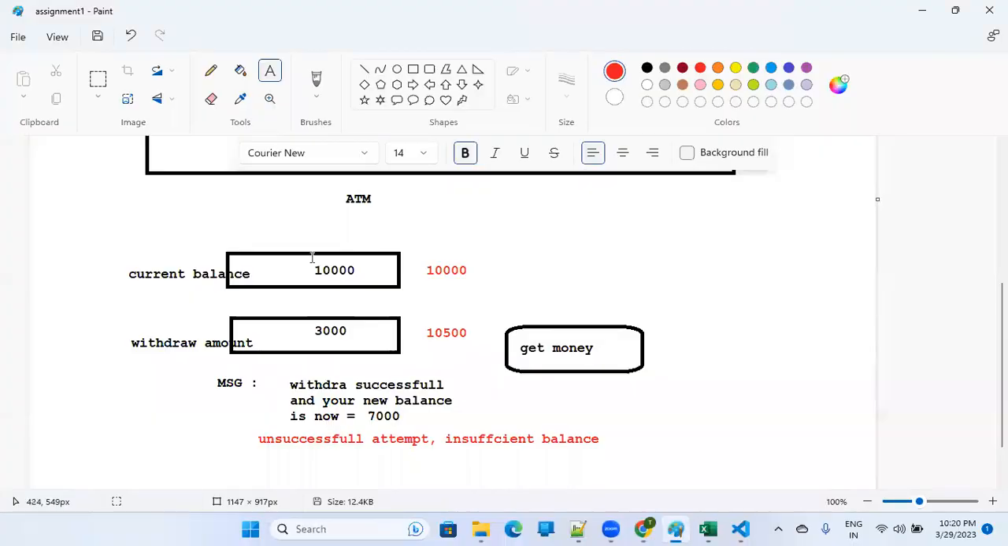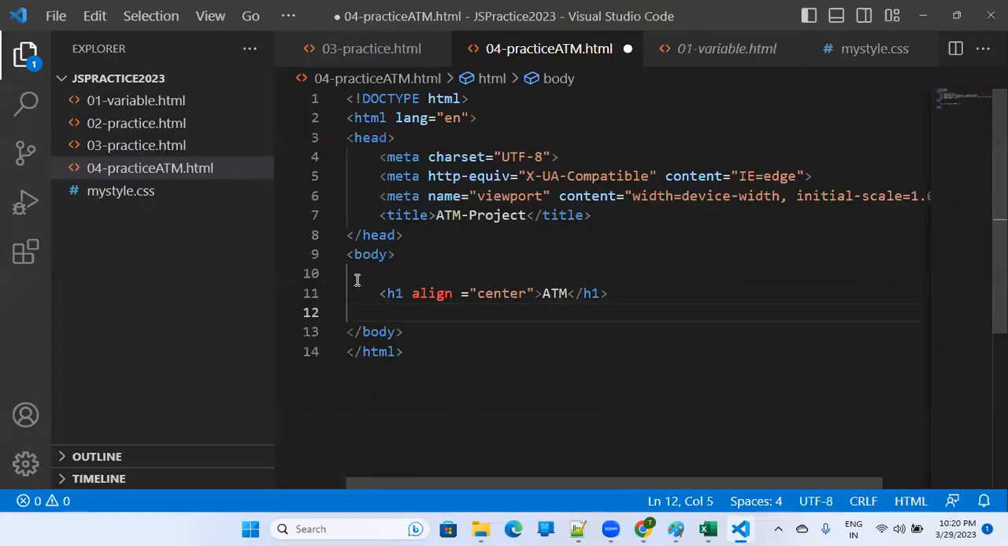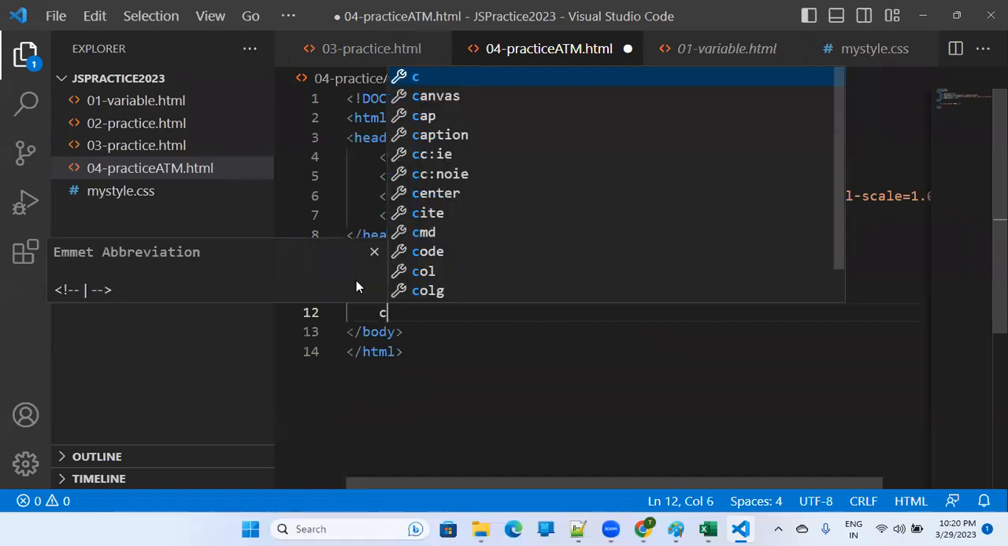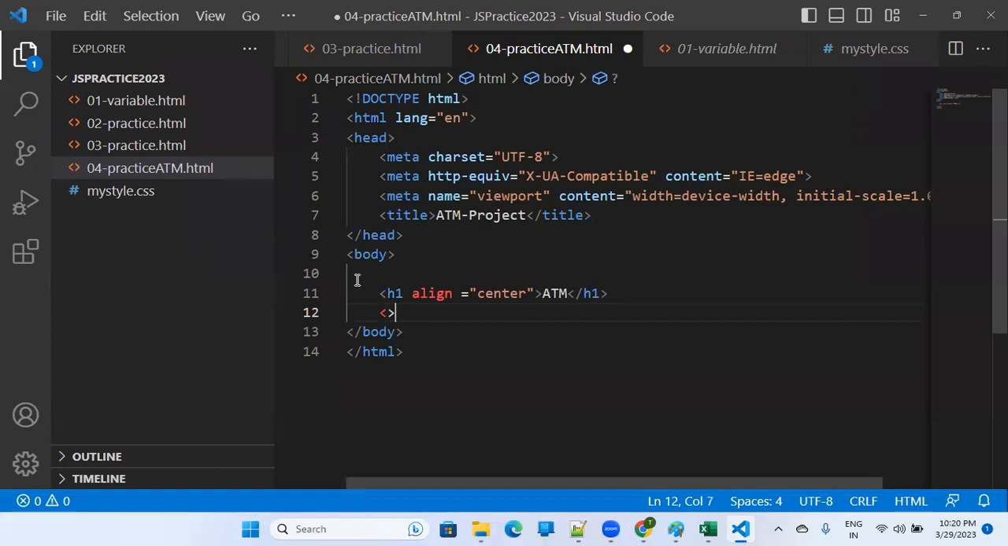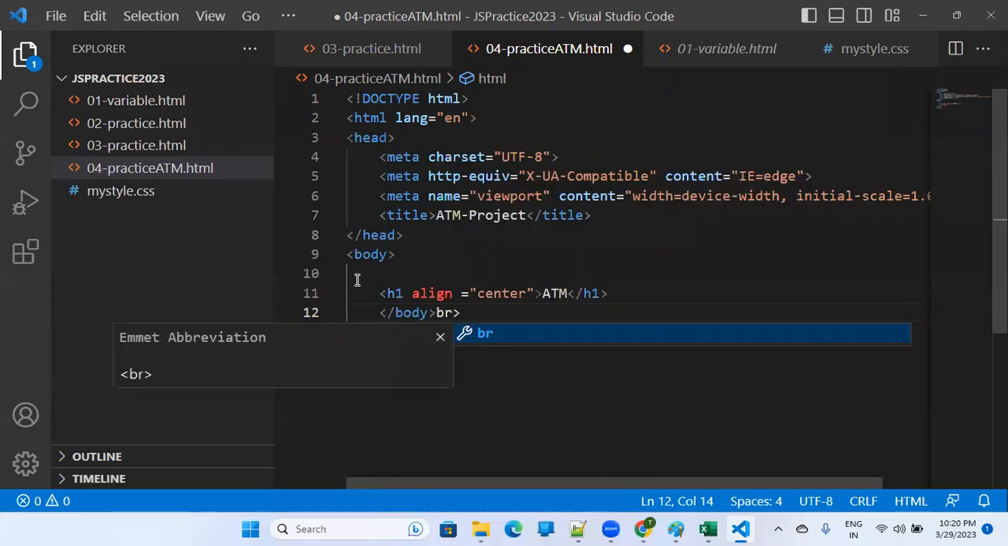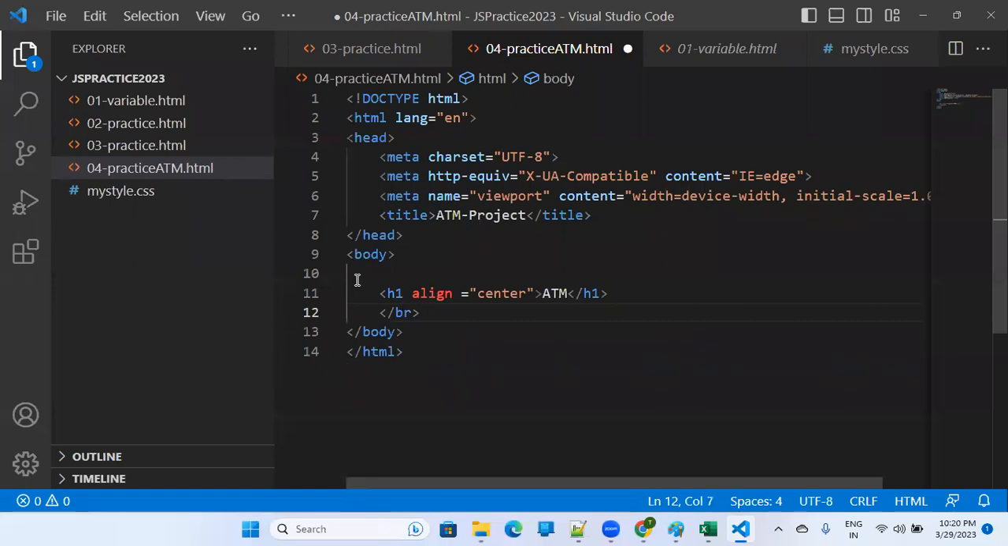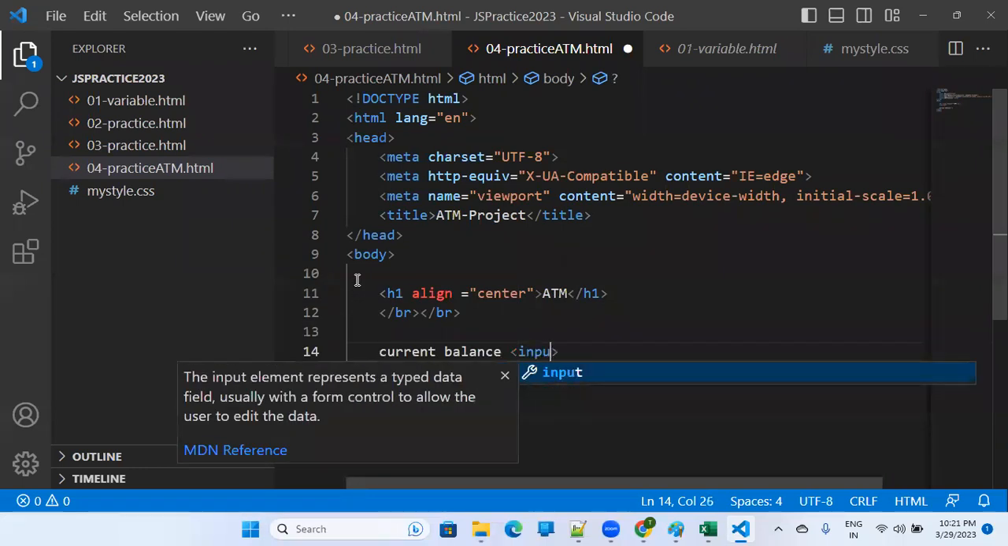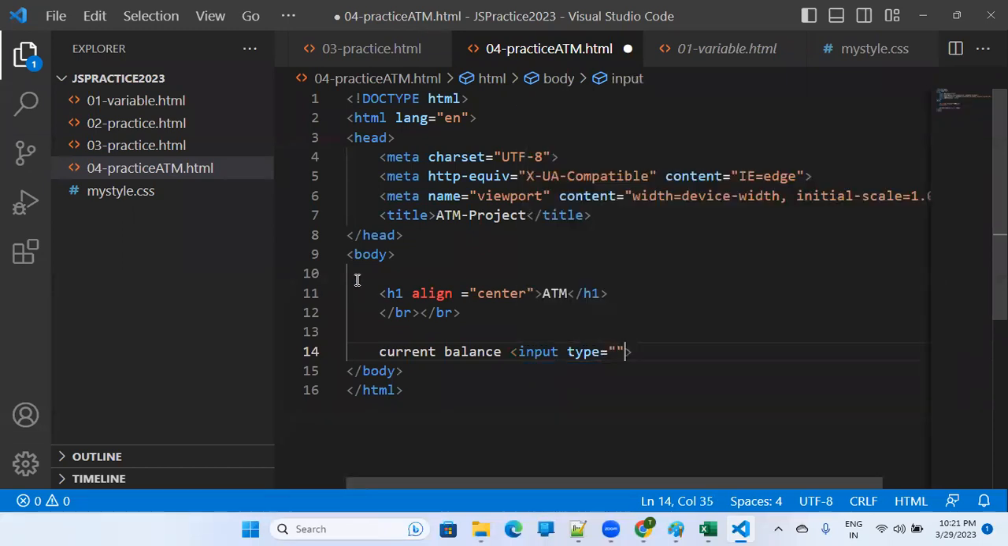Next point. We want to create current balance, and it should show you current balance. Okay, that's fine. So what we will say is, let's change the line. To change the line, you should use br. Okay, br. Let me copy this 2 times. I want to change the line, and then I will say current balance. And then you want to show one text box, right? So input type is equal to